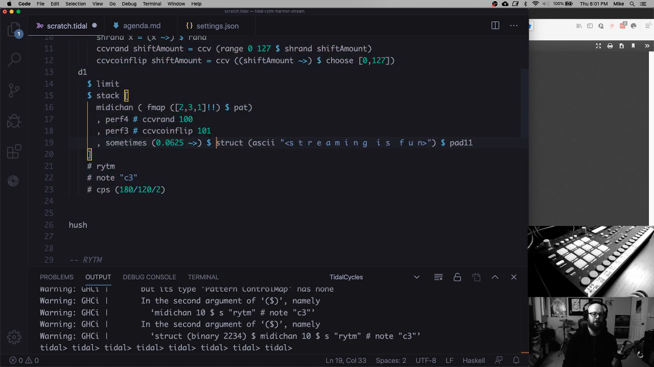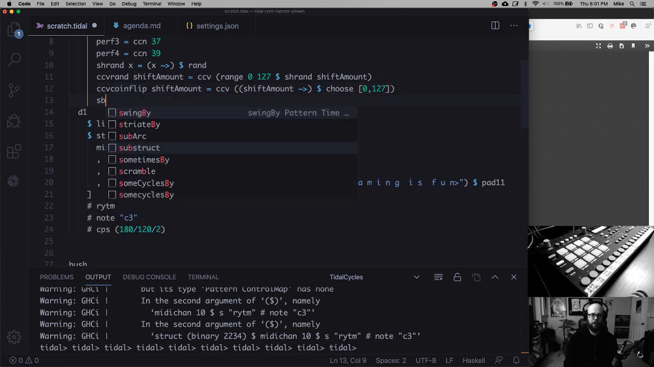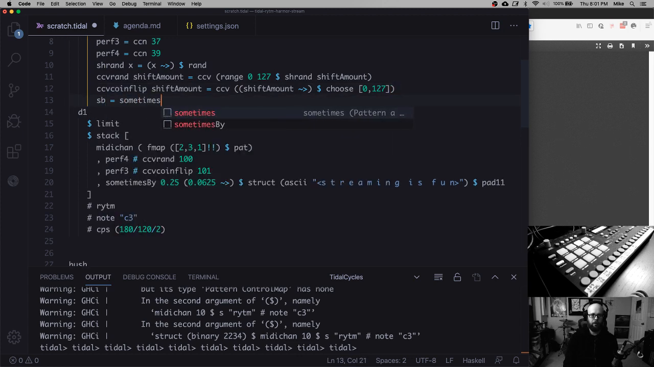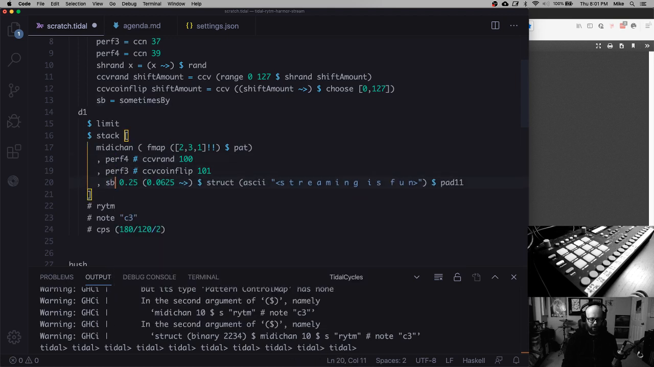There we go. We'll just do that a little bit. I get really tired of typing "sometimesBy", so I started making a shortcut called SB. I'll do SB. One thing I learned about today, a new Tidal feature that's out with the newest version of